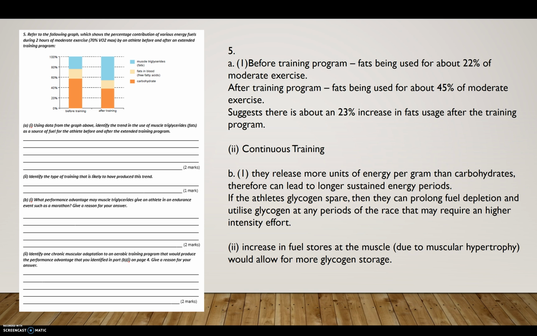Some people talked about capillarization at the muscle, which was great. When people started talking about motor unit recruitment, increased power and things like that, that's anaerobic. We're looking at aerobic changes. So even though that increased fuel stores at the muscle due to muscular hypertrophy, that relates back to that part B there. But those other